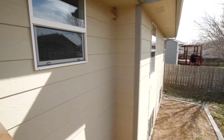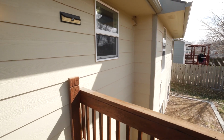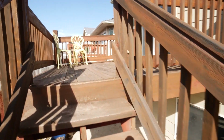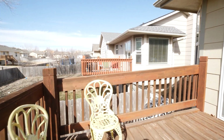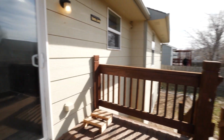But just from what I can see visually, it looks like a lot of the siding's in really good shape. So you're not going to see a lot of deferred maintenance there. The deck could use a stain job and does look like it's sagging a little bit in the corner. Doesn't necessarily look like something that's going to fall apart, but it's something to be monitored over time. So these are definitely important things you want to take into account when it comes to evaluating